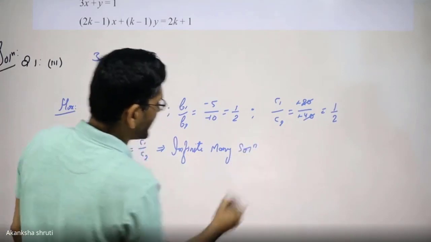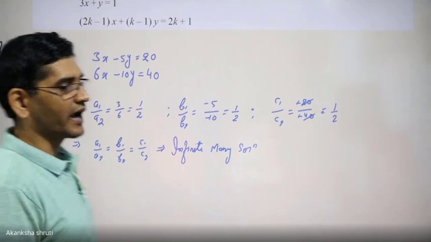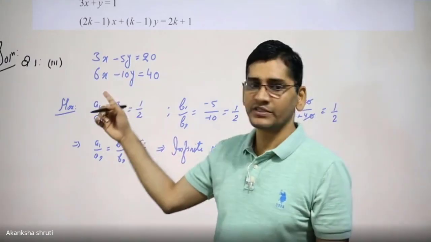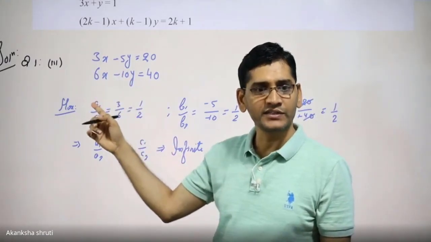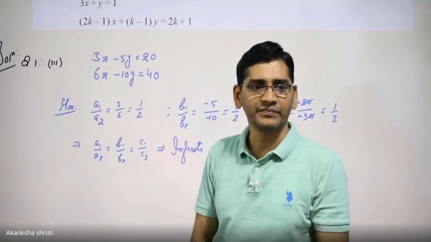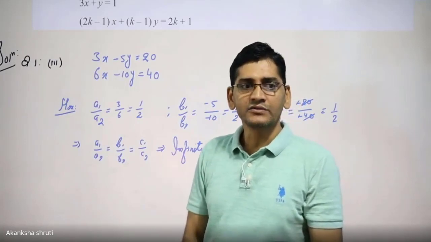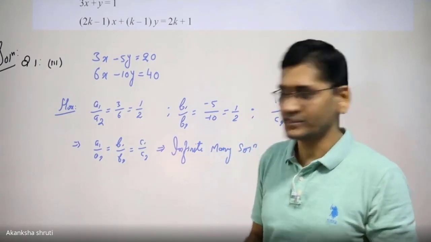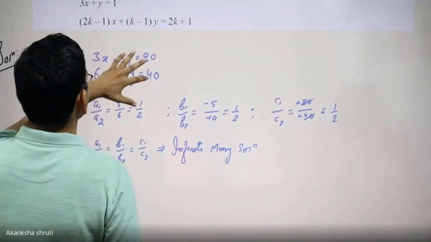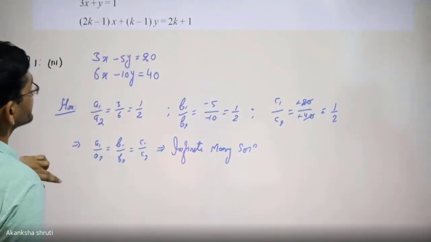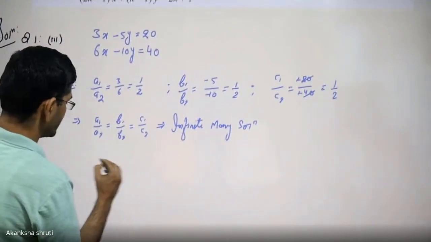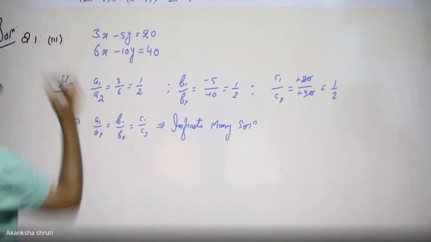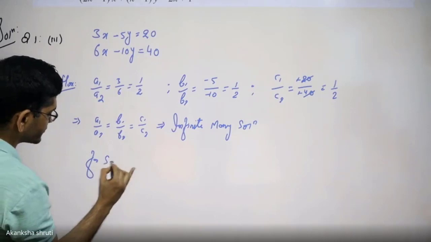And for the infinitely many solutions, if we have to write some of the solutions, then you cannot apply any of the 3 methods, because both the equations are not different, rather they are the same. So for that we are assuming one value of x and calculating the other value. That is the way of calculating the solution for infinitely many solutions. Student, so here, to write for solutions,